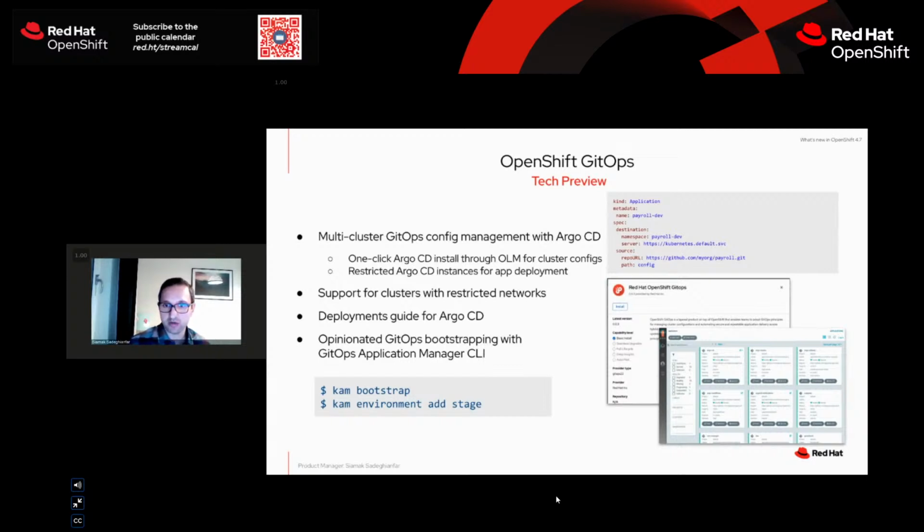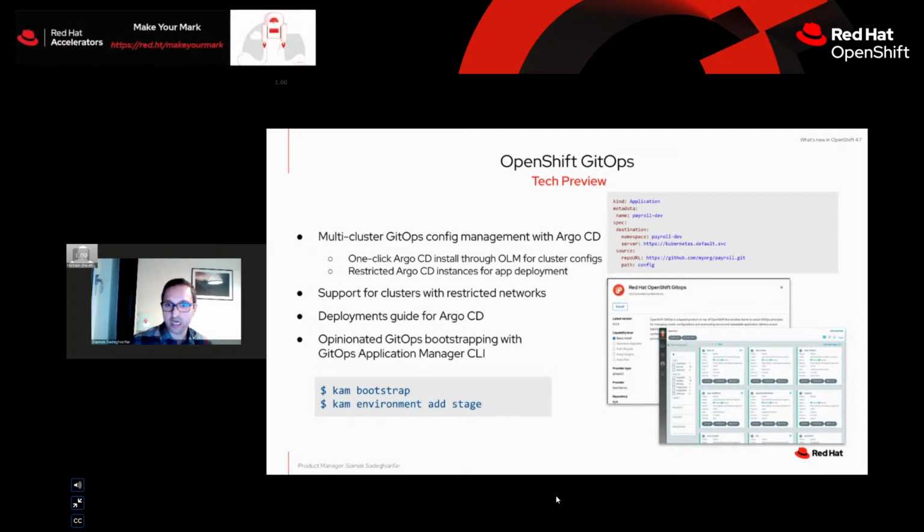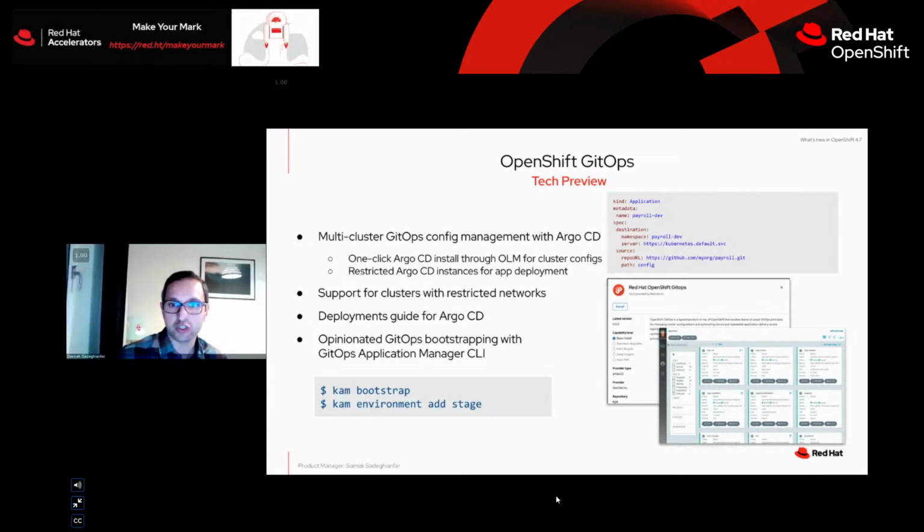with which cluster, and that way they can completely rely on the Git provider workflows like pull requests, reviews, commenting, and merge in order to push an application to a large number of clusters connected to a Git repo, or a cluster configuration, if you're configuring authentication, for example, on multiple instances of OpenShift and you want to guarantee they're all looking alike. The OpenShift GitOps operator will be available in OperatorHub, and once installed,